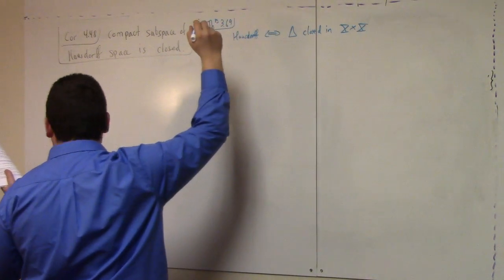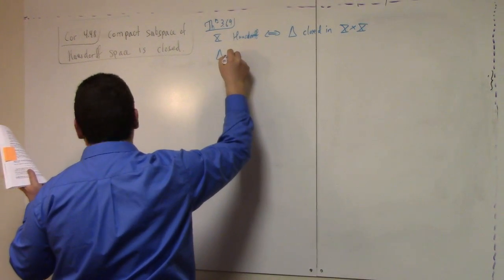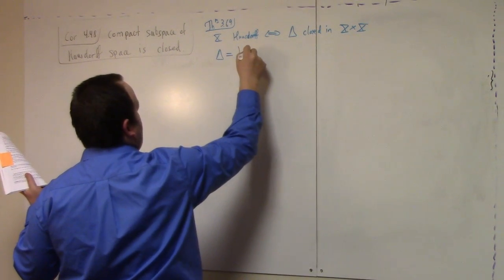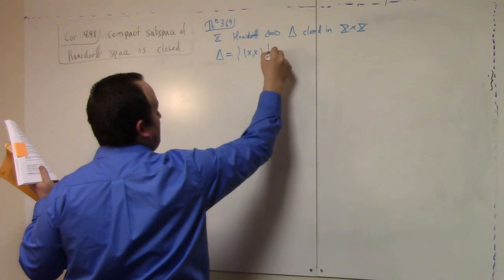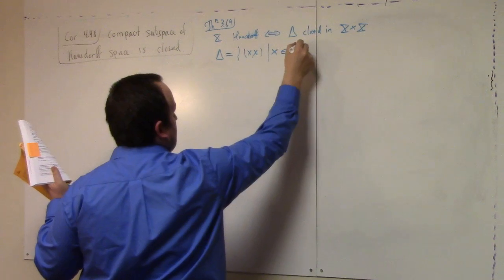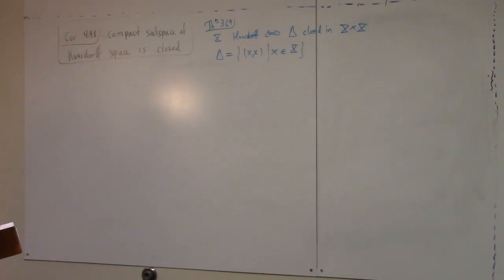Let me remind you what the diagonal is. The diagonal, this Delta, is the set of (x, x) such that x is in X. So that's the diagonal. Apparently X is Hausdorff if and only if the diagonal is closed in the product topology. All right, so that's useful to us because